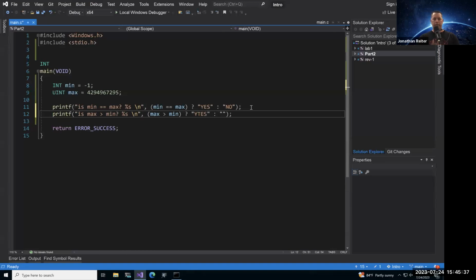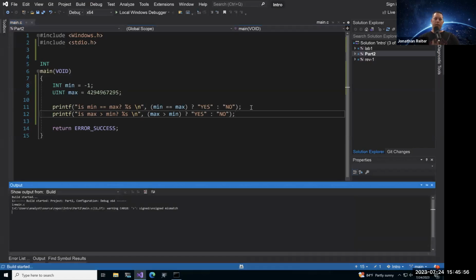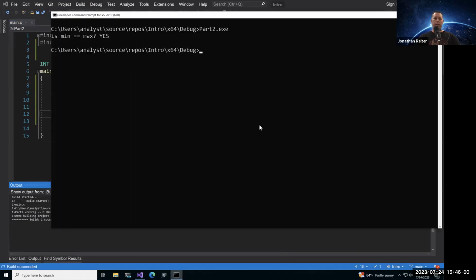And we'll just say yes, if I can spell correctly, and then no. So if max is greater than min, we'll say yes, it is. If not, we'll say no. I save that and press Control B to build it out, flip over here to my command prompt, and run part 2.